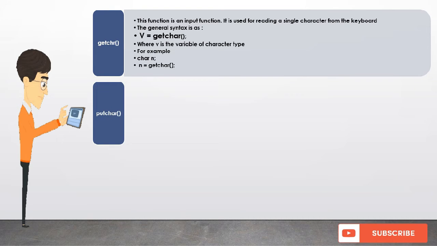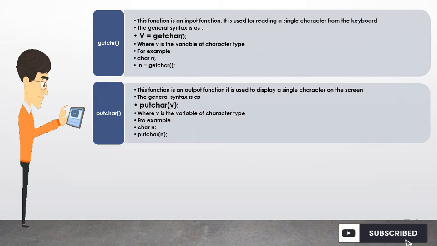Let us next study about putchar. This function is an output function. It is used to display a single character on the screen. The general syntax is putchar(v); where v is the variable of character type. For example, char n; putchar(n);